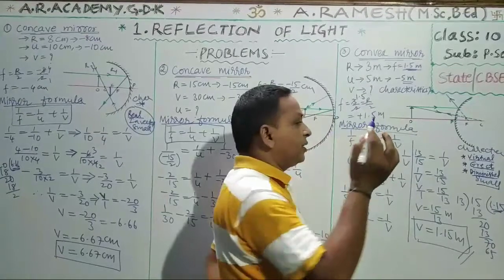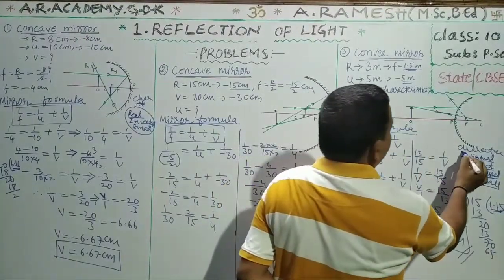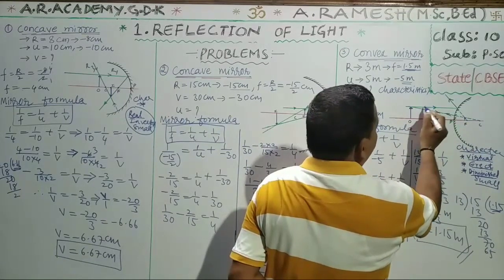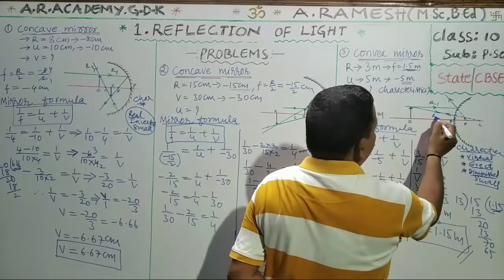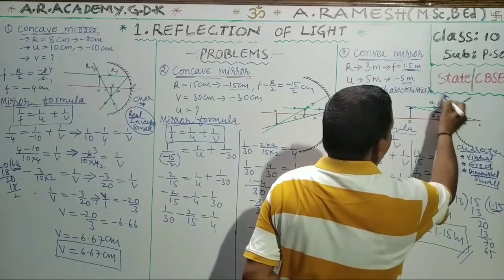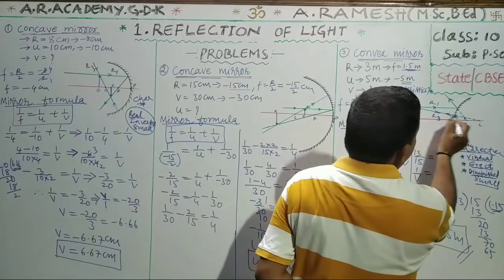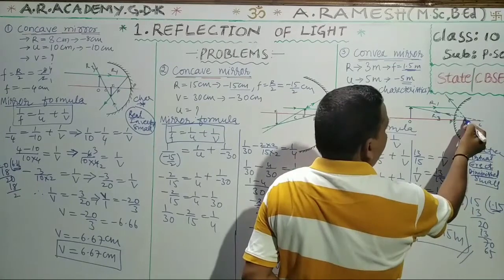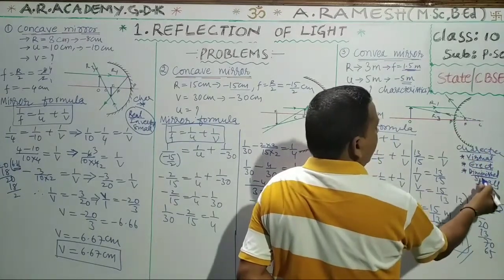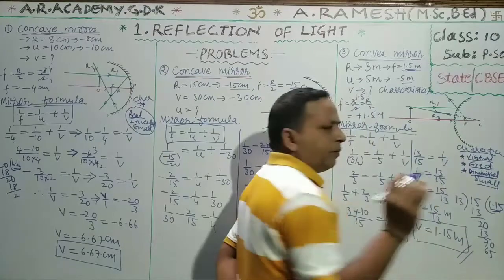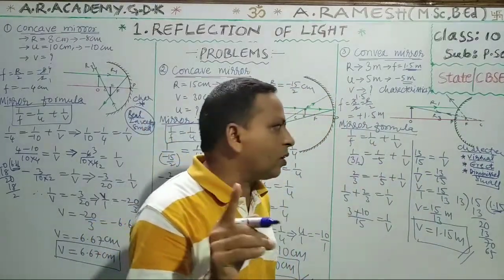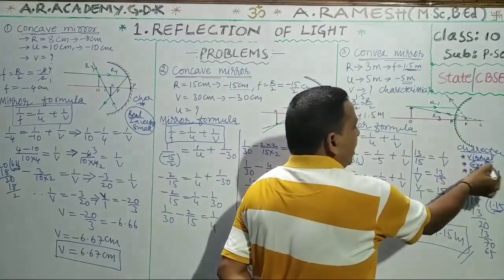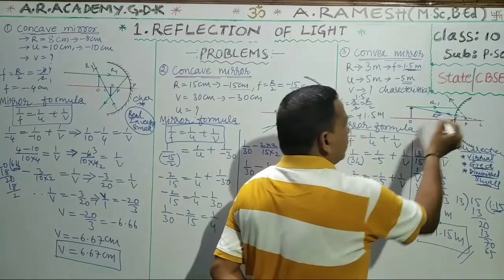Children, one more thing, you listen and look at the board. Here, regarding the characteristics, a small image is forming inside. This is ray 1, this is ray 3. Ray 1 is going like this and reflecting from F. Ray 3 is going in the C direction, coming back. These two are intersecting here, and the image is forming. It is an erect image, a small image, and a virtual image, you can't catch it on a screen. So that is called a virtual image. What are the characteristics in this convex mirror? Virtual image, erect image, diminished small image is forming, children.